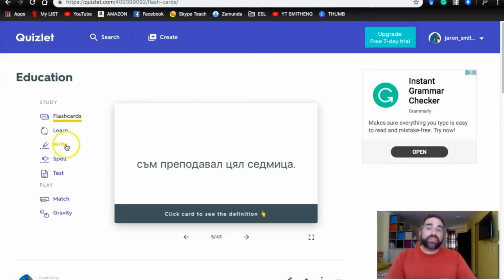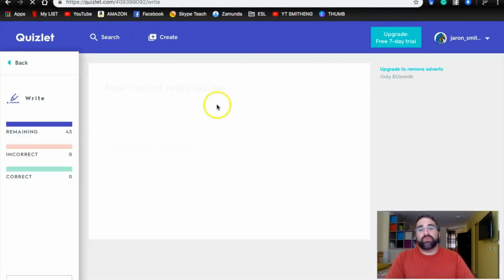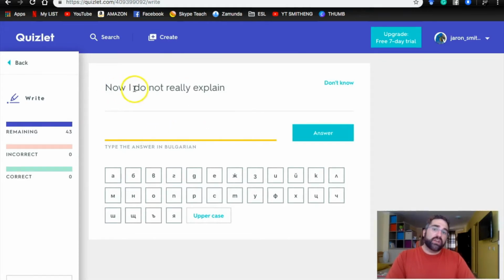Okay, now next you can do write. Right, so you would write out the translation. So in this case, I would have to translate from English to my second language. In your case, you would be translating from your language into English, probably. And again, showing you how many you get incorrect. This one is really, really difficult for me right now, because my second language is terrible. So yeah,